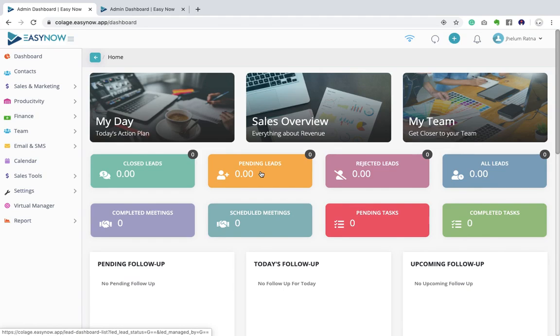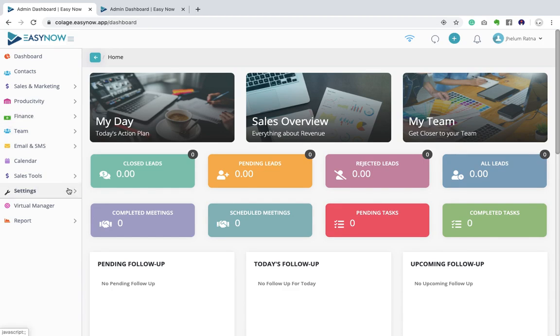Now I understand you have multiple departments in your business and all the departments need to see all these menus on the screen. Now you can take complete control over which employee can see what and can do what. So form access will help us control the entire access control of the software.